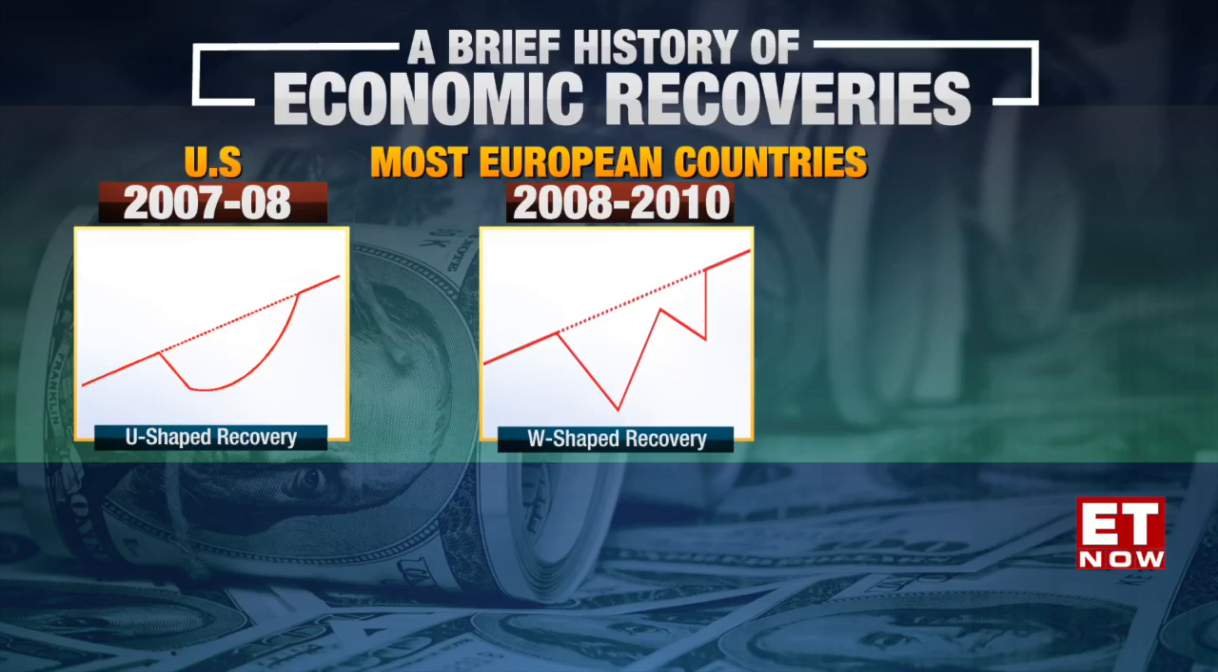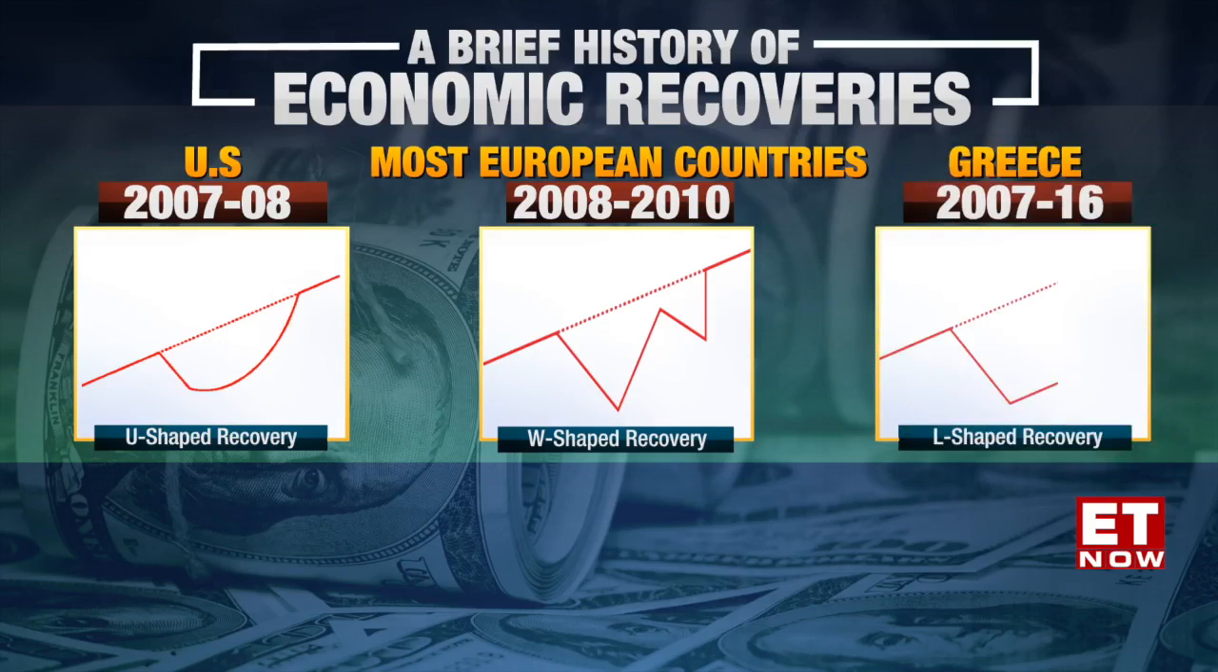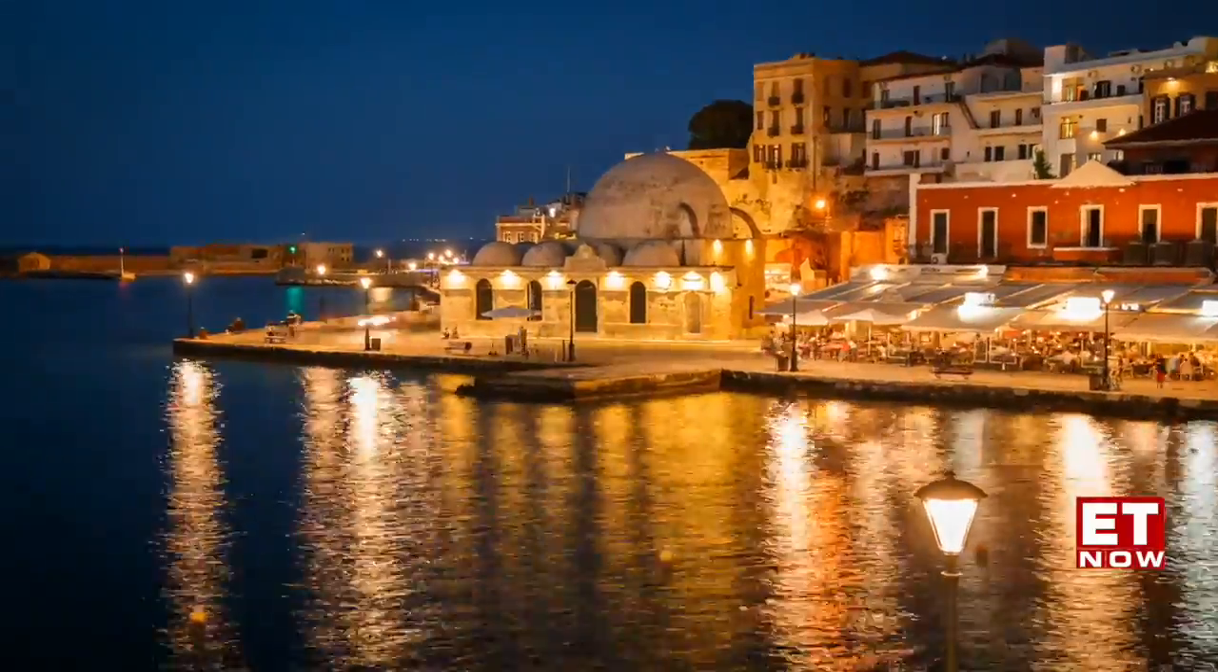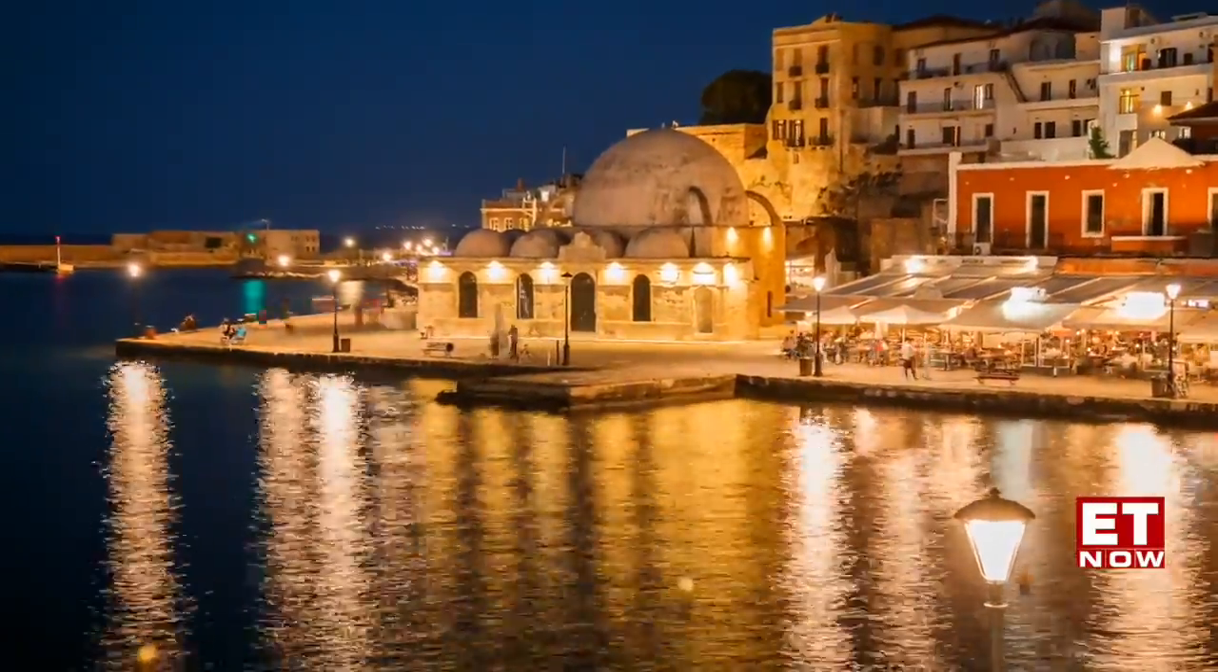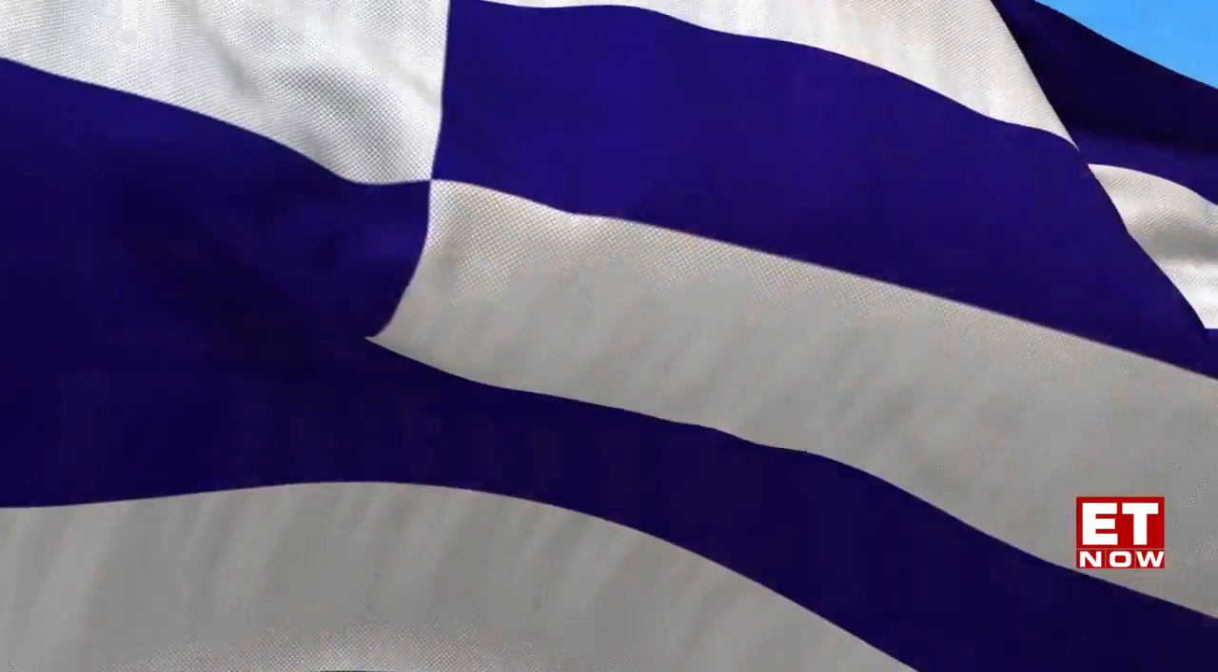Countries including Italy, Spain, Portugal, France, Ireland, Germany and Cyprus saw a W-shaped recovery due to the second recession. However, Greece was not so lucky. The nation's economy took a rather brutal hit and took much longer to recover from the financial crisis that began in 2007. In fact, the Greek economy is still stuck in a rather slow pace of recovery, which resembles the